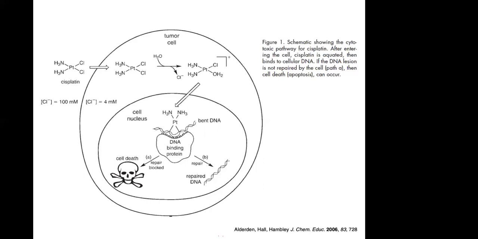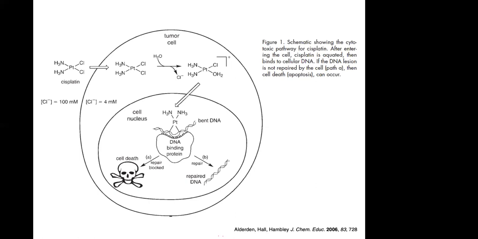But if it crosses into the tumor cell, then there's a much lower concentration of chloride, and you can start to hydrolyze and form the aquo complex. What's shown here is a monoaquo complex, and it's thought that that monoaquo complex binds DNA,